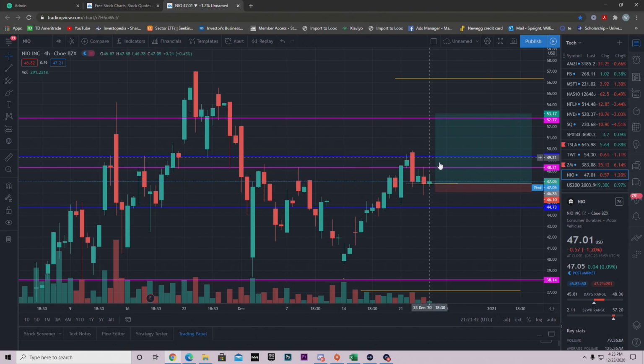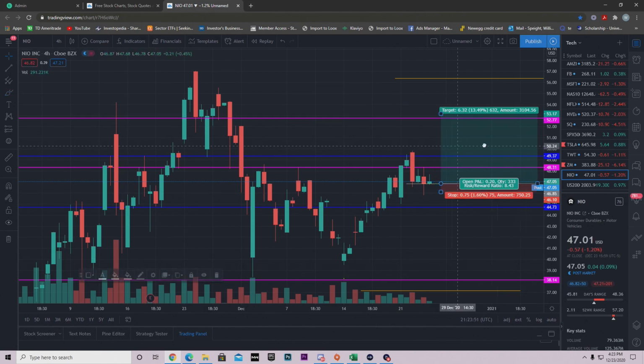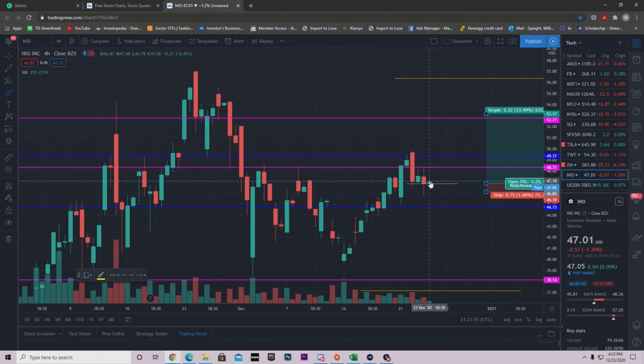Going into the session tomorrow, my main concern is that we hold this level right here, as I've talked about many times, 46.83. This is what I picture, or what I would want NIO to do tomorrow if we are bullish. Keep in mind though, we will be on low volume, so don't expect too much tomorrow. I want to push up to the resistance, and I want to see us get above resistance, come down, retest this from the upside so it can access the support, and then blast right through.